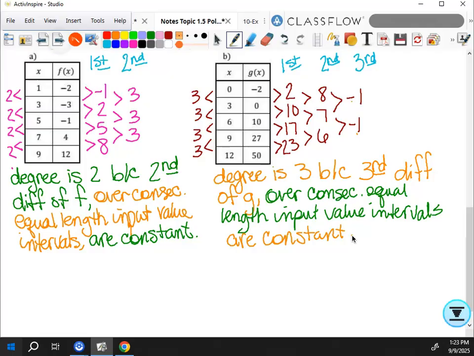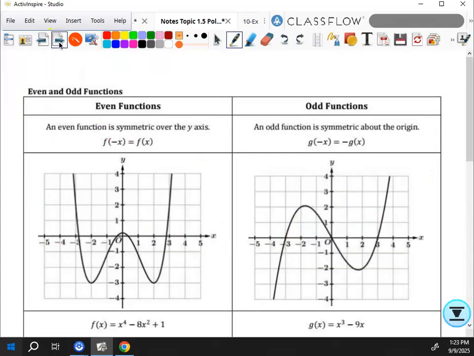All right. Now, on the other side, even and odd functions. We have talked a lot about even and odd degrees. Even and odd degree is different than even and odd functions. Okay? I can have an even degreed function and it not be an even function. I know the terminology is very, very close, but I didn't make it up, so it is what it is, right? And really, you should have talked about these in Algebra 2 also, so it shouldn't be brand new, but